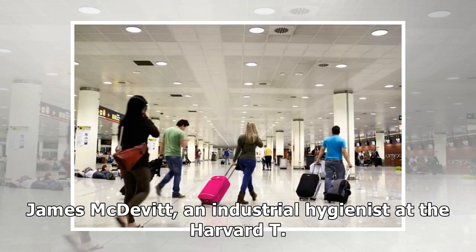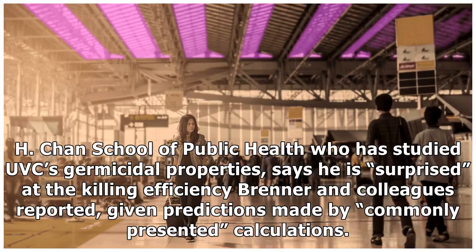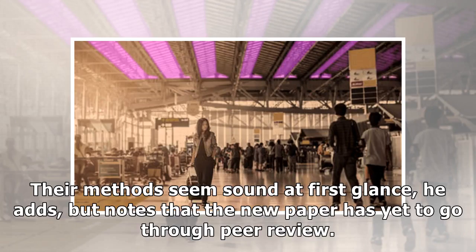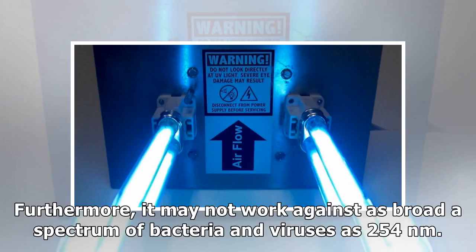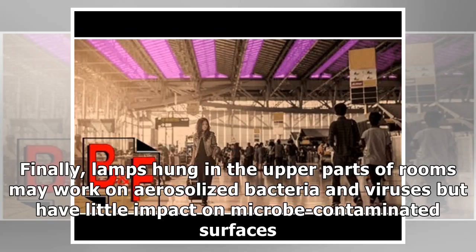James McDevitt, an industrial hygienist at the Harvard T.H. Chan School of Public Health who has studied UVC's germicidal properties, says he is surprised at the killing efficiency Brenner and colleagues reported, given predictions made by commonly presented calculations. Their method seems sound at first glance, he adds, but notes that the new paper has yet to go through peer review. McDevitt also cautions that even if 222 nanometers does prove relatively safe, there are still exposure limits. Furthermore, it may not work against as broad a spectrum of bacteria and viruses as 254 nanometers. Finally, lamps hung in the upper parts of rooms may work on aerosolized bacteria and viruses but have little impact